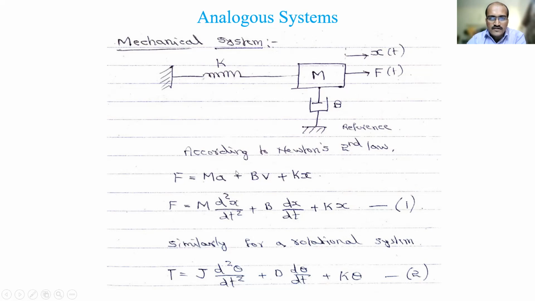Now this equation you have to write in terms of x of t only. Everywhere x is there; here v is there, so we write dx by dt. a is there, it is dv by dt, nothing but d square x by dt square. So f is equal to m into d square x by dt square plus b into dx by dt plus k into x. So this is our second order differential equation. Its order is 2, here 1 and here 0.